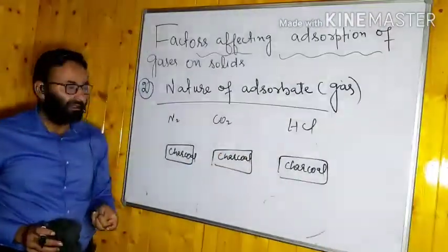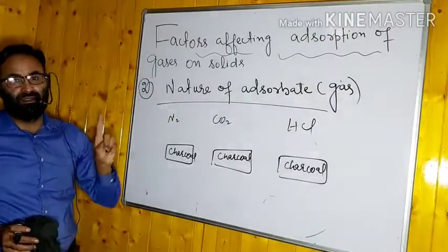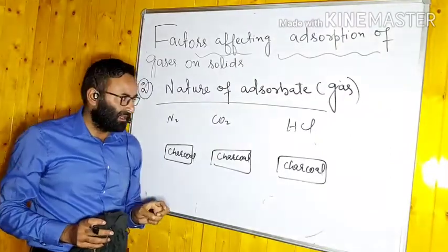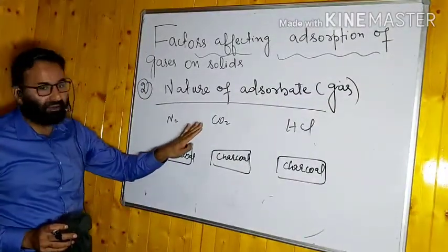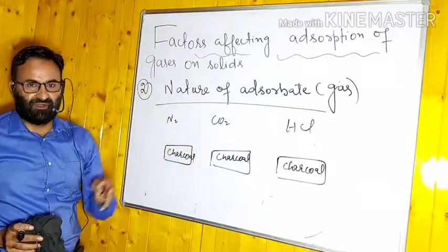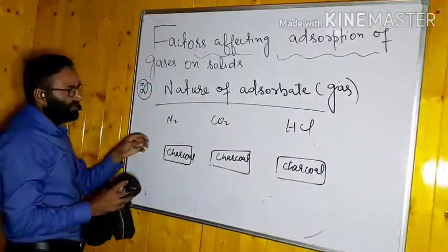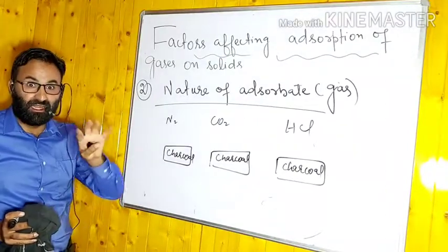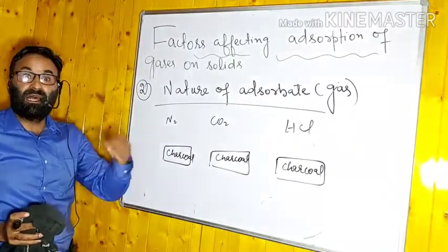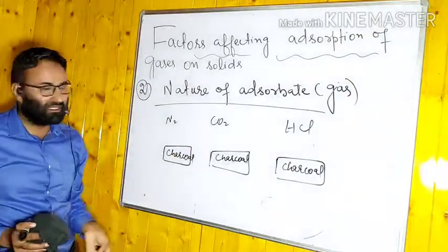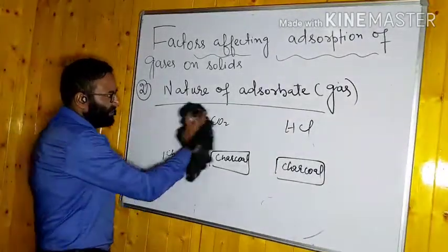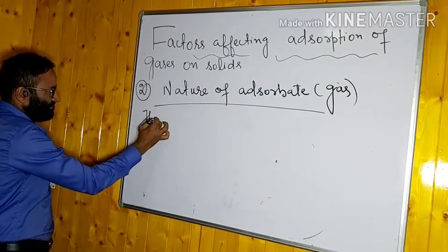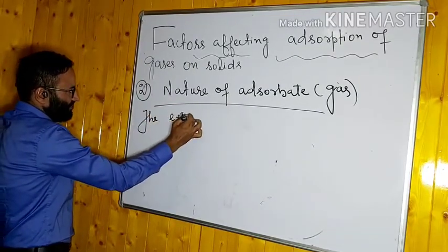What is clear is that adsorption depends upon the nature of the gas. It means that if the gases are different, rates of adsorption will be different. You have to mention. Then we discuss what type of gas the gas should be, गैस का नेचर कैसा होना चाहिए, किस गैस में ज्यादा adsorption होगी, we will discuss this in this very factor. But first you have to mention here the extent of adsorption